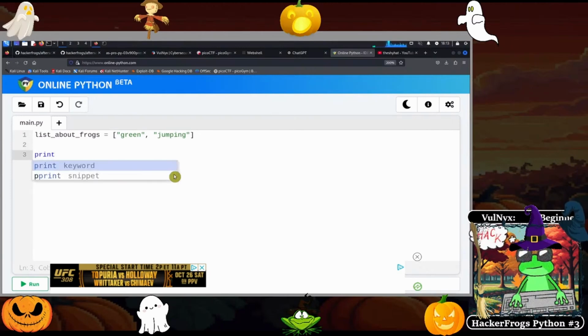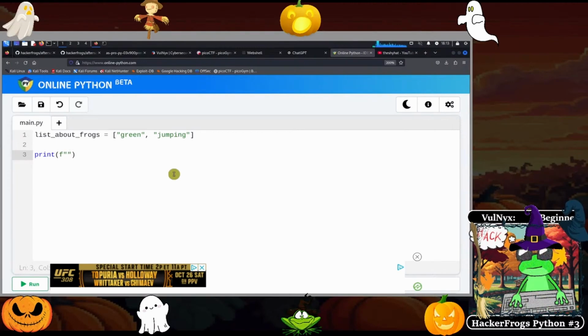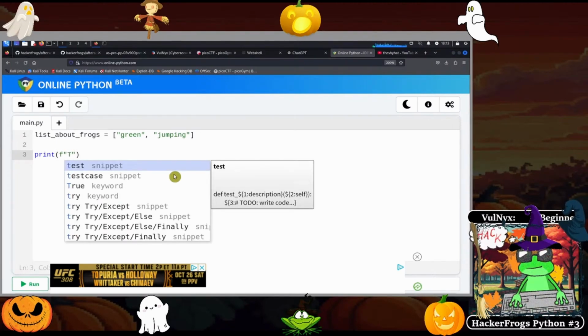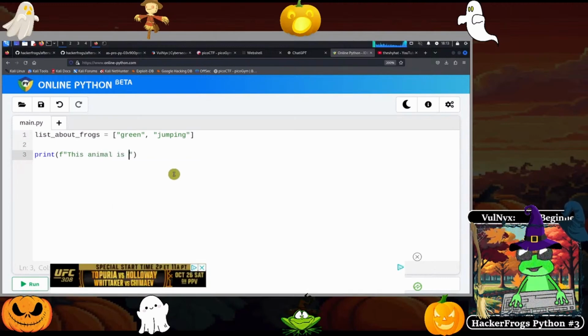And we're going to print a little statement. And remember, it's going to be parentheses, and inside the parentheses, we've got our double quotes, and we're going to put the F inside the double quotes. All right, so we're going to type out this sentence. This animal is, and this is the color. This is going to be list about frogs at index 0. So index 0 is the color, green over here,